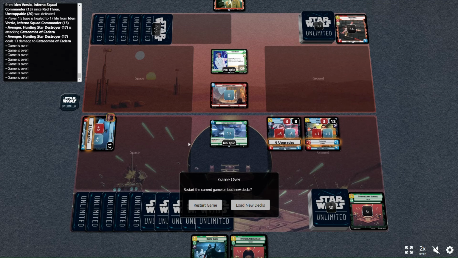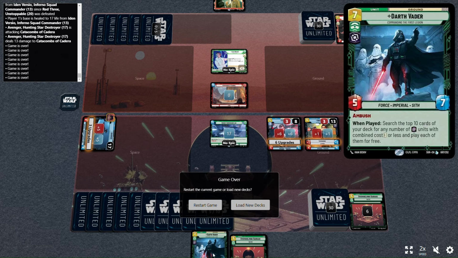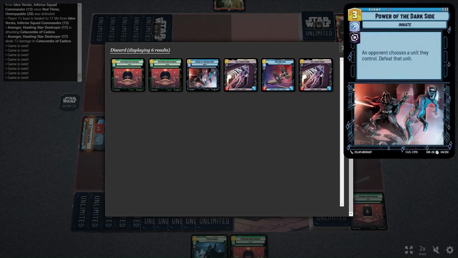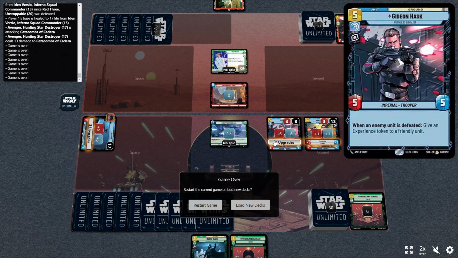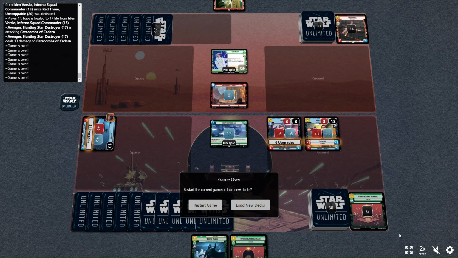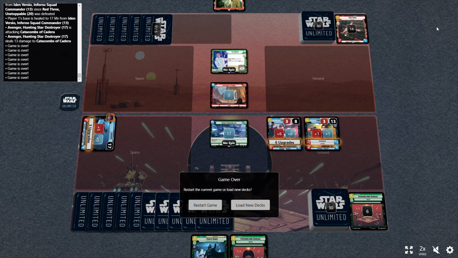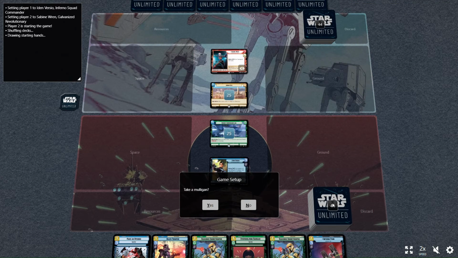And you can see why, like these games right here where I just take over the board with Barrage and Gideon, and I didn't even play Vader because I didn't need to, because I was just barraging and killing things. Yeah, it's so good that I honestly might put a third one in. So there's another example of how this deck just destroys aggro. It takes over at a certain...